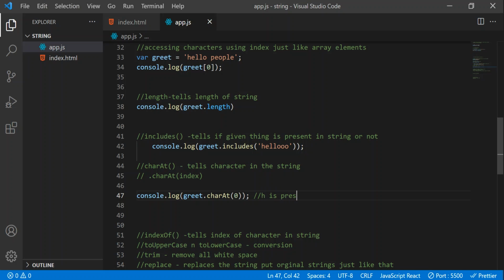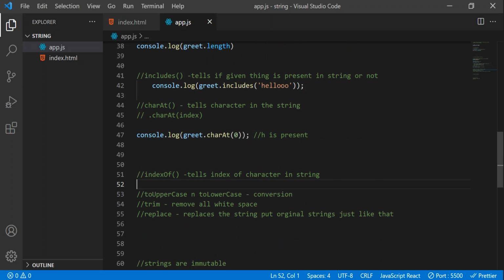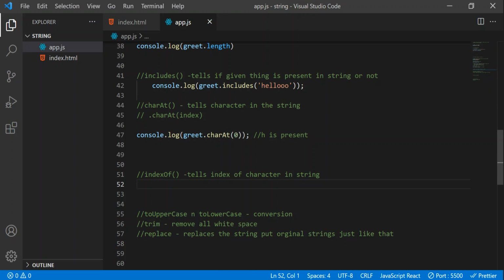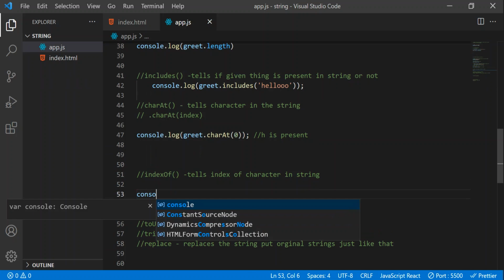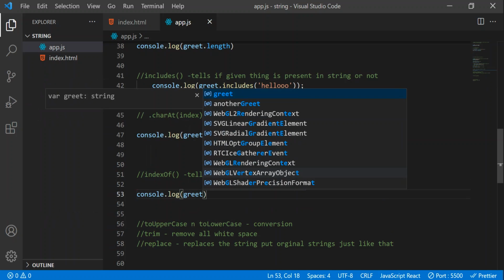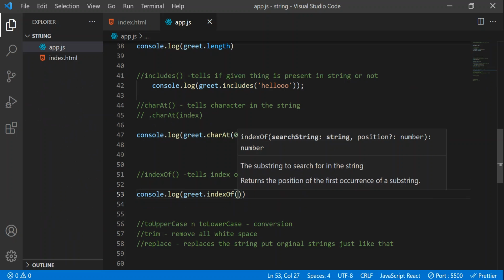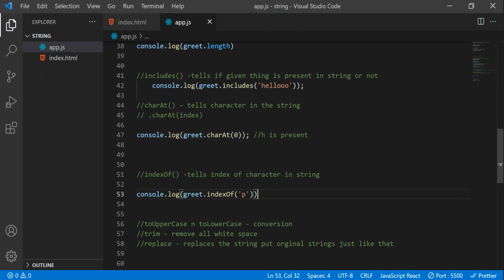After that we have indexOf, which tells the index of a character in the string. I'll write console.log, greet, then indexOf, and let's pass the character p. It will tell the index.